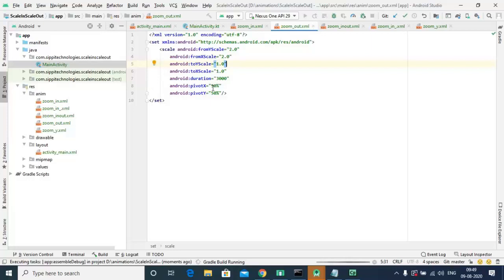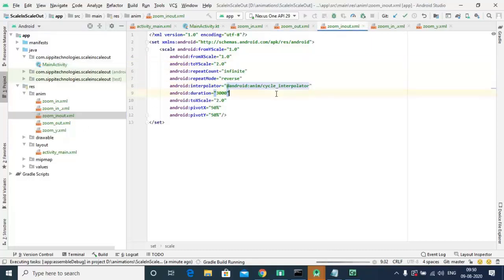Like you can play around with this pivot X and pivot Y point, and see what happens when you change something, so 50-50, how it will look and how the animation will behave, as well as you can